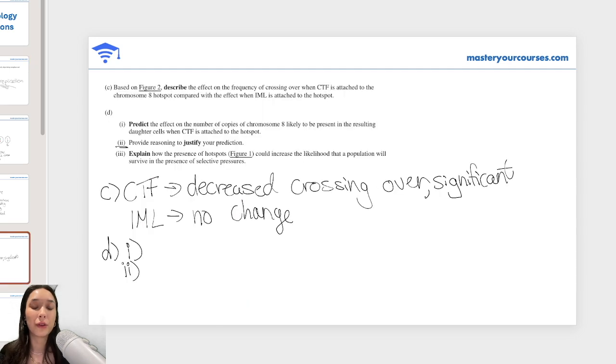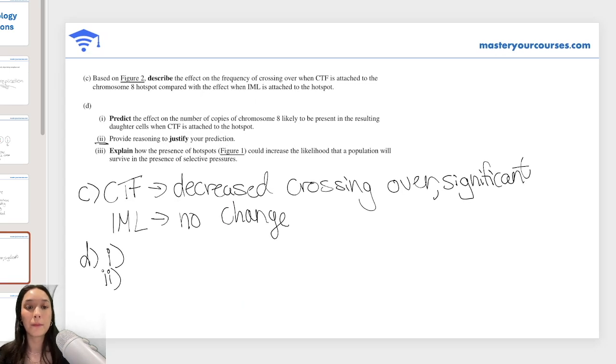For this one, predict the effect. In terms of the number of chromosomes, I'm pretty sure there could be a couple different answers, because overall you would just get non-disjunction. You could say either that some cells would have more or less, so +1, -1, overall they would be a non-disjunction event. So you can't say for certain. They probably would have accepted both, or you might need to say both, but non-disjunction would occur. So you'd say non-disjunction,